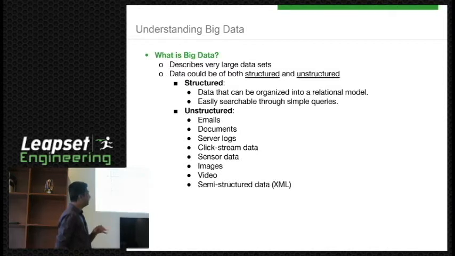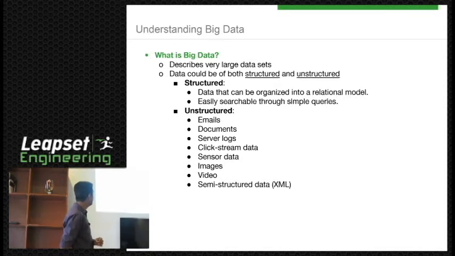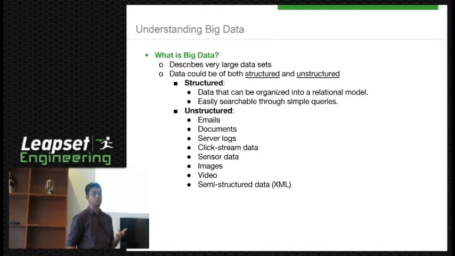Structured data is all data that can go inside a relational database model and can be searched very easily, right? But the challenge with very large data sets, that means big data, is that because of the huge size, it's very hard to store. You need so much storage, analytics is difficult, indexing is difficult. You have some challenges with dealing with big data.